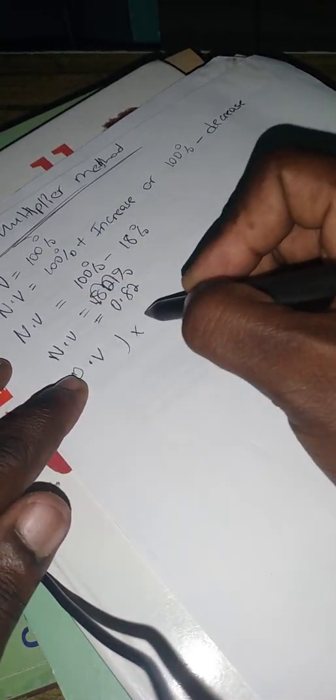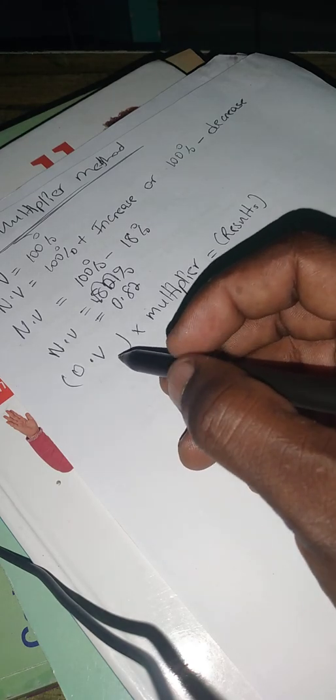So how the multiplier works, you multiply the original value times the multiplier, and you must get the result. Once you get the result, you are good. Now, seeing that we don't know what was the original value before, we say let x represent the original value. Let x be OV. So that would be x